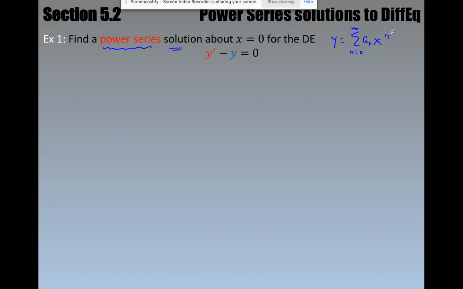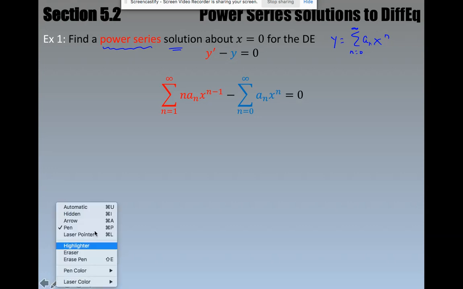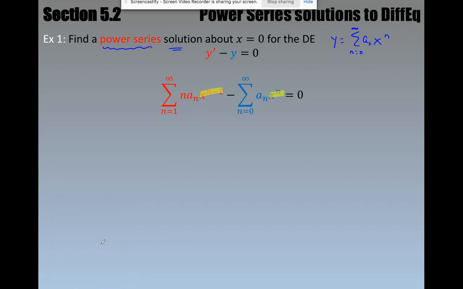And as I told you, the first example is just a first order. So all I need is the first derivative minus the original, y. But I need to manipulate so that both of these have an x to the n. Add 1, add 1, add 1, outside subtract 1. When I did that, not only did I get both of them with an x to the n, the indexes